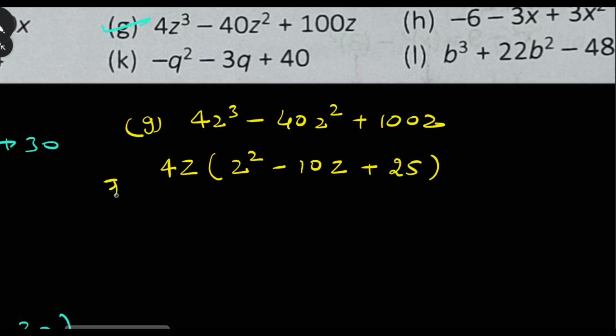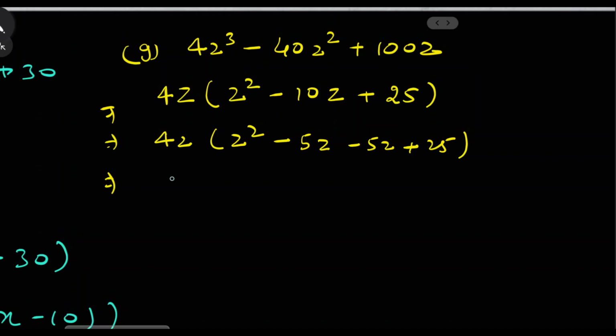So now solving this quadratic expression, 4z times z square minus 10z plus 25. On splitting 10 into minus 5 and minus 5, minus 5 minus 5 is minus 10, and minus 5z into minus 5z you will get plus 25. So now for solving, you will have 4z as a common, z minus 5 as a common, z